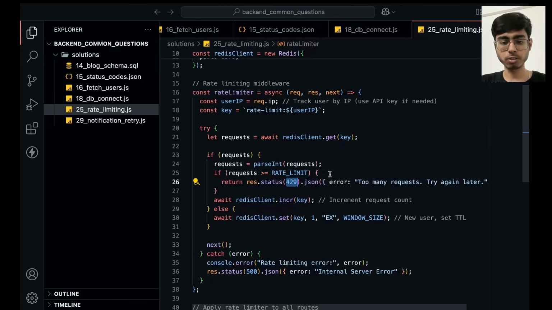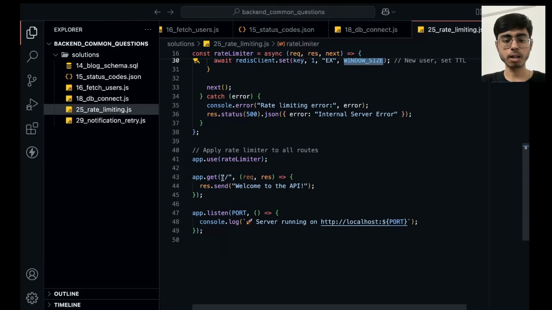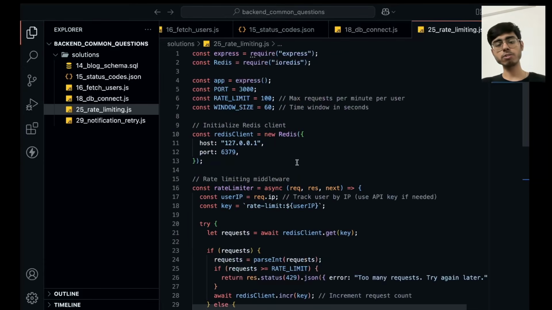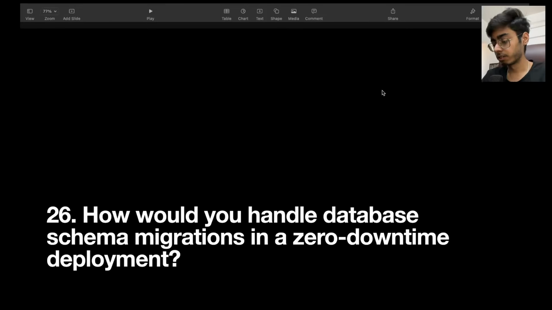And if this is not the case, and the person can still make the request, then I'll just increment my Redis client key by 1. And if this is the first time, then I'll set my key for the first time in my Redis, initialize my key with count as 1 because this is the first time the request has been made. And I'll set my expiry to 60 seconds, that is the window size of 1 minute. Very simple, right? And you have exception handling, and then you switch on your server and it's ready. So just using Redis and defining your rate limiting number and your time expiry, you can have rate limiting in your system for any API or any route. That's it.